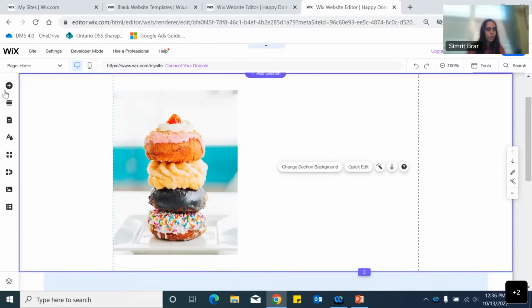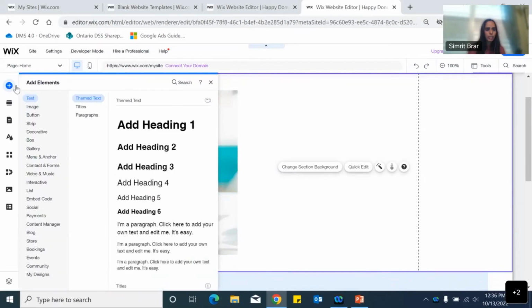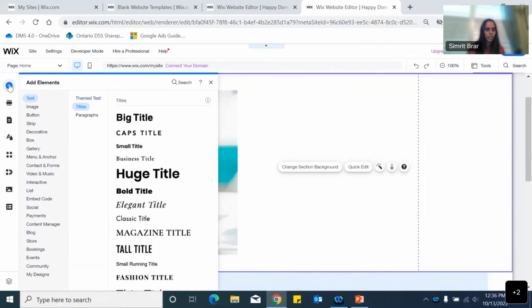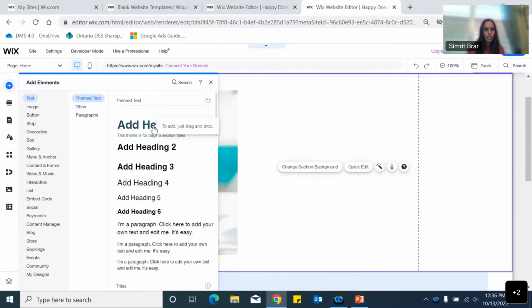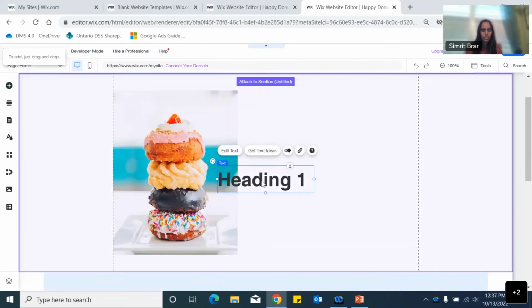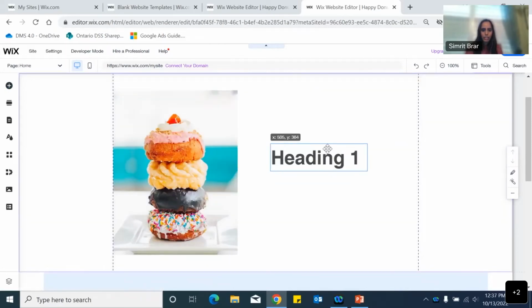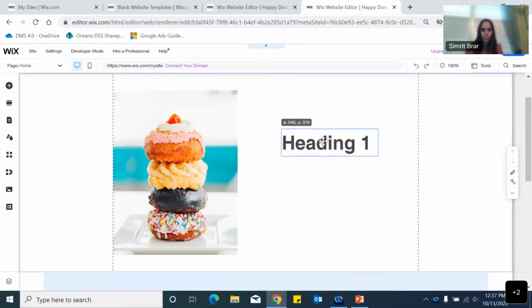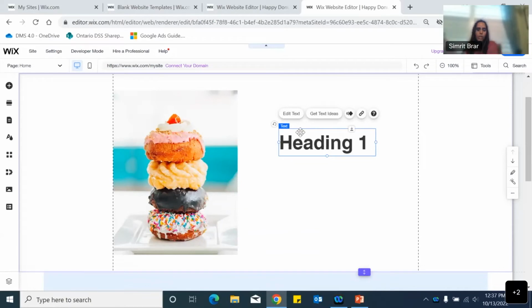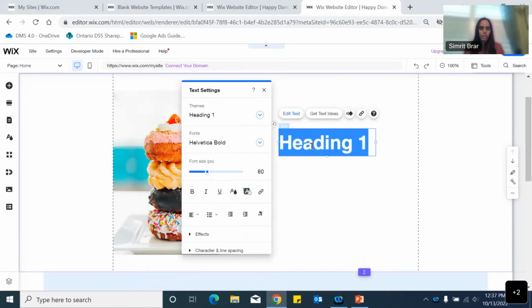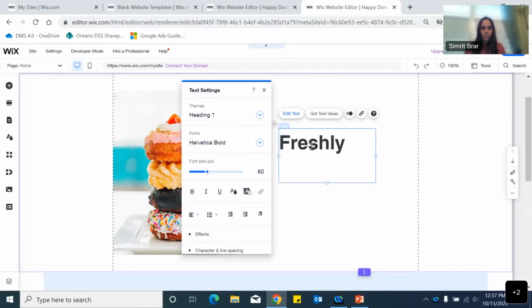Okay, so next I'm going to add some text, and I'm going to add a heading. So what I did was I clicked on the add elements icon, and then text was already selected because it's the first one. And I'm going to go ahead and add heading 1. Okay. And again, I'm just eyeballing to see where it looks good, and we can always go back and change the placement. So I'm going to double click on it and type in the text that I want. So I'm going to type in freshly baked